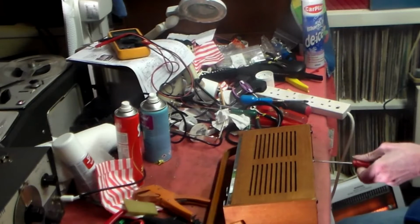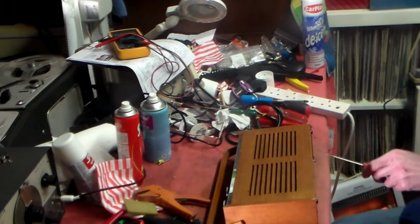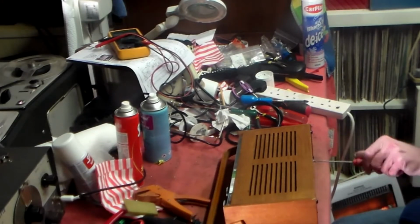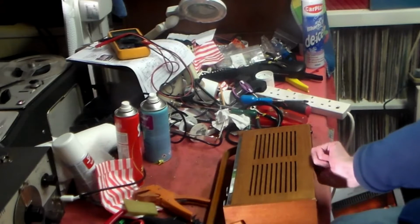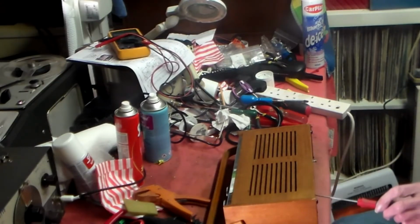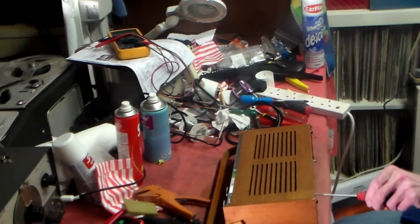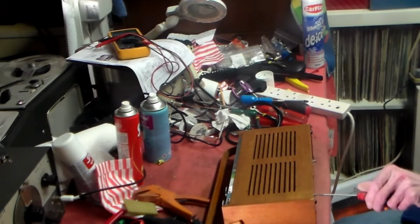This set is another one which is a PP9, by the way. This one also has not got a mains adapter in the front, so it has to be PP9 or similar. There's various ones that can be used. Also, sets of this era have a socket on the bottom here for a car aerial. It's hard to believe now,